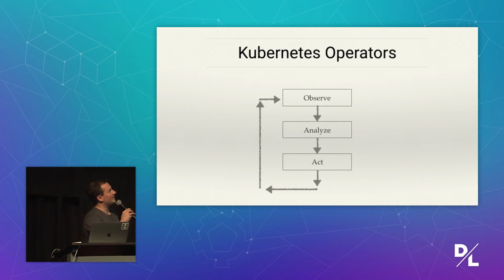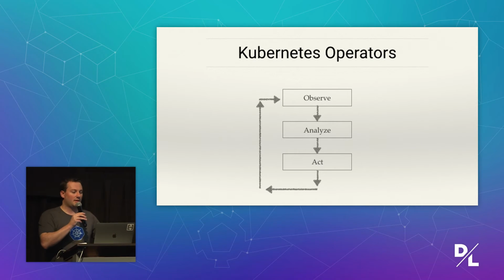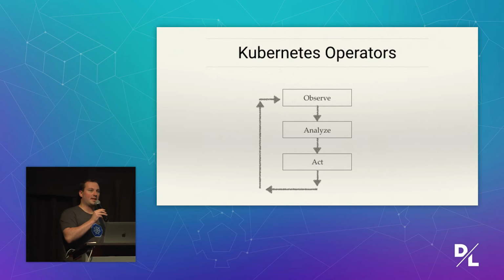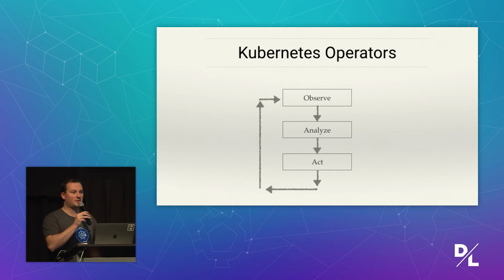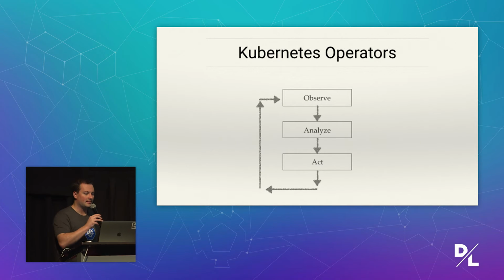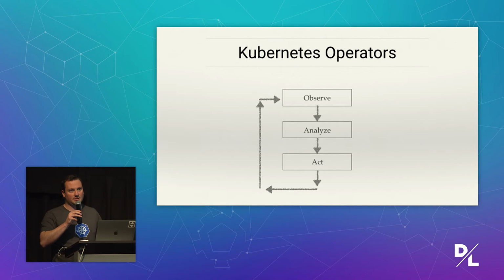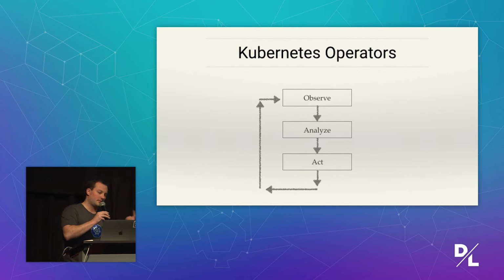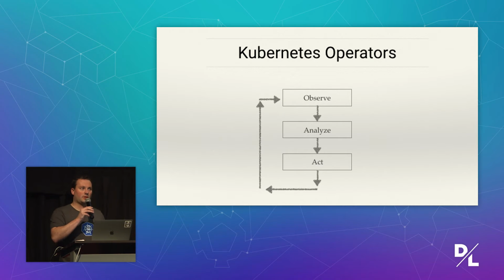And so the folks at CoreOS have put out a new idea called a Kubernetes operator. This ties into the fact that Kubernetes is a platform with extensibility. We have these abstraction primitives that allow us to build more complex systems on top of the existing system. An operator is an application-specific controller that extends the Kubernetes API to create, configure, and manage instances of your complex systems, or your databases. And they'll do it on behalf of you, the Kubernetes user. These all build on top of the Kubernetes resources and controller concepts.